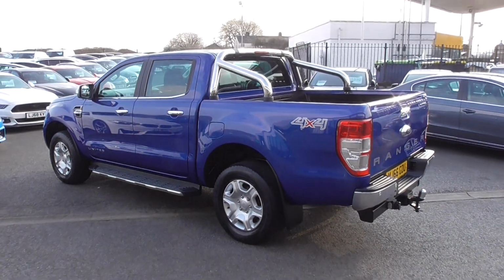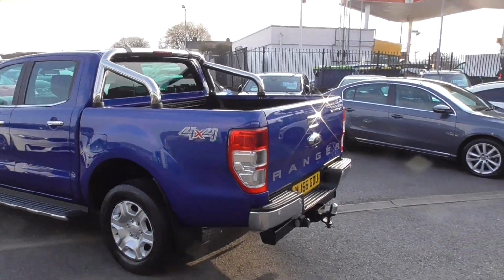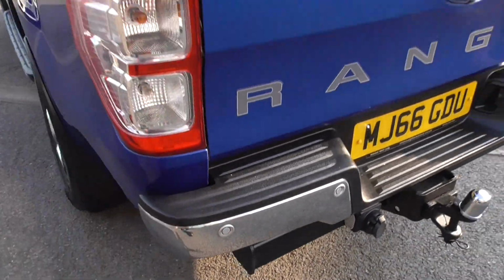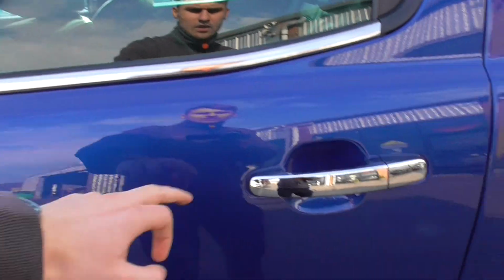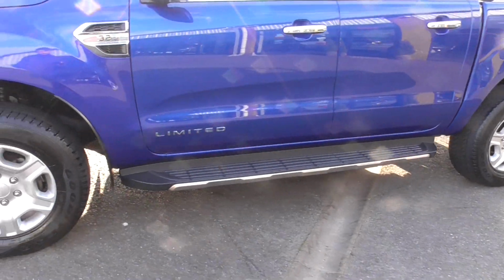Obviously the limited models come with a lot of chrome, so the blue and the chrome I think suits very well. So we've got these chrome accents to the lowers. Obviously we've got rear parking sensors there, reversing camera as well. This one's got the rear roof bars. We've got more chrome detailing on the window surrounds, on the grab handles, on the lower of our side skirts,